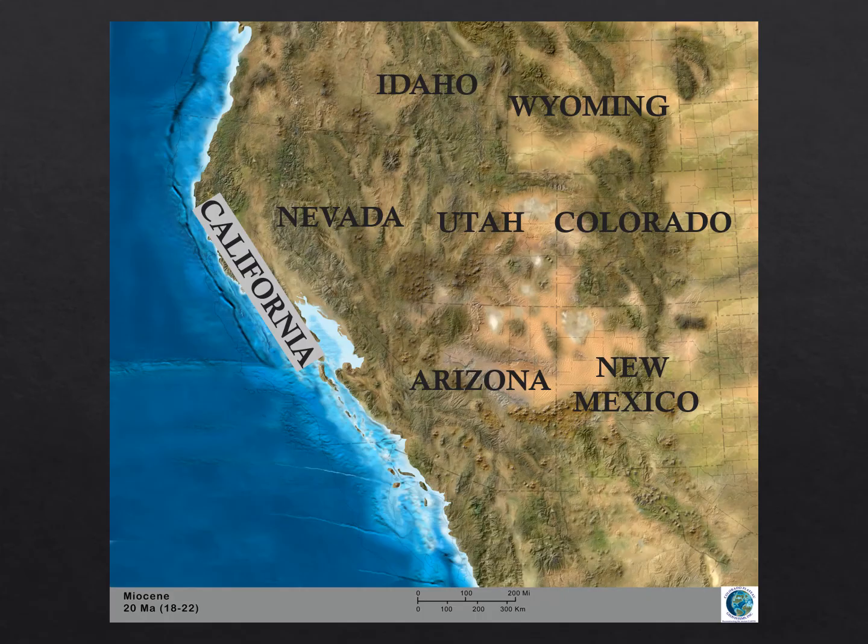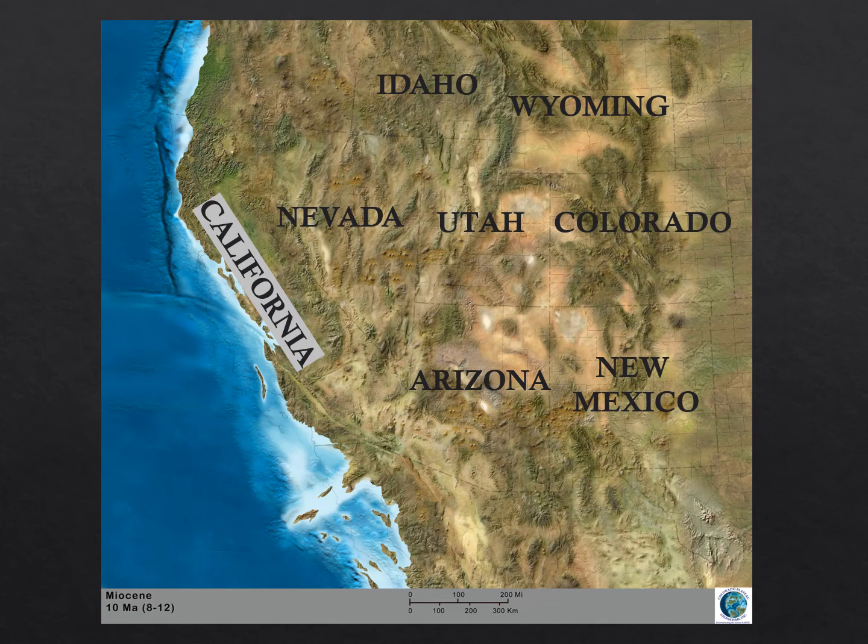So that process of subduction has ended at this point, and note what happens here with the basin and range on the next slide. So the basin and range has completely expanded that coast throughout the Miocene, slowly expanding to the east of California, slowly pushing the coastline westward, and sections of the Channel Islands begin to be formed